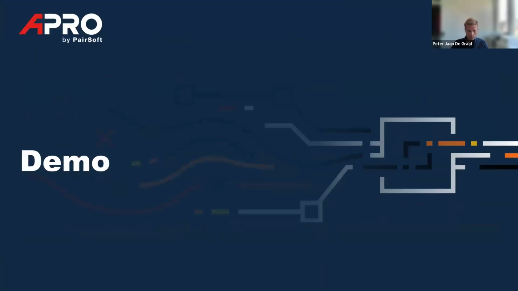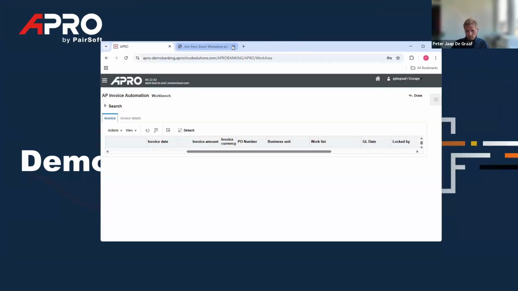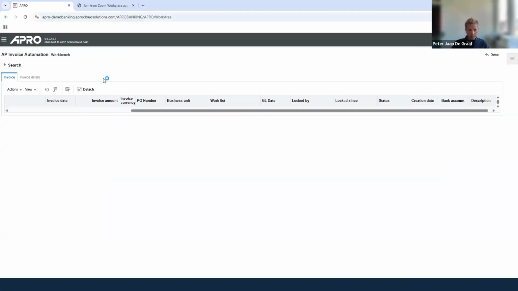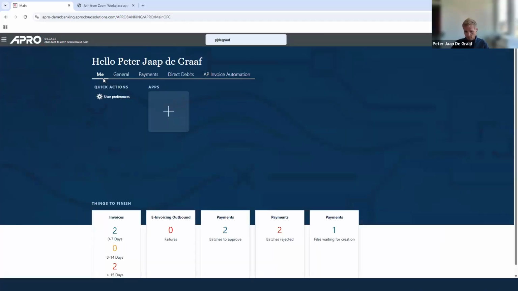Now we start with the demo. So let's open the APRO application. I have APRO already open, so let me show the APRO application. Maybe for some of you it's already known if you are already using APRO. For others that have never seen APRO, you log in to a URL which is connected to APRO, and you can use this to